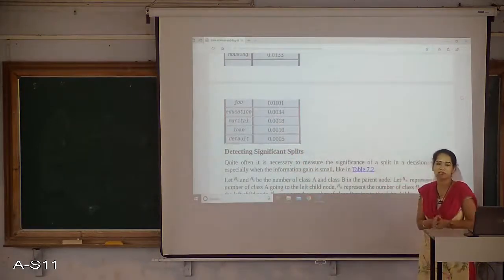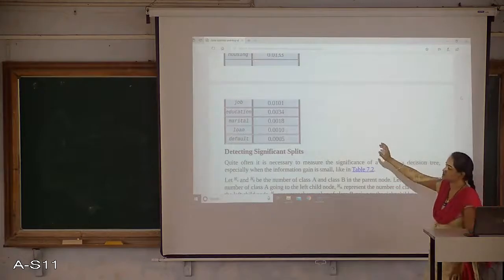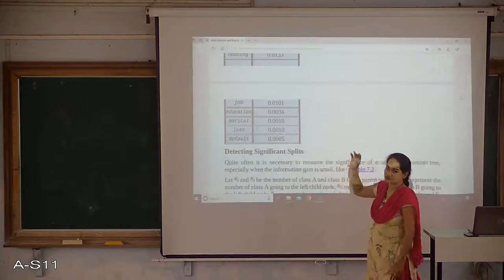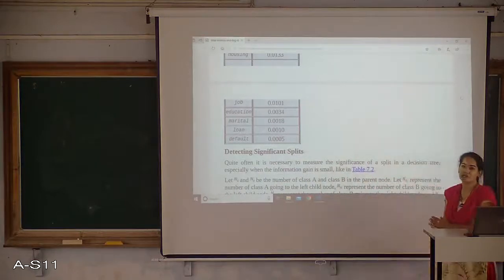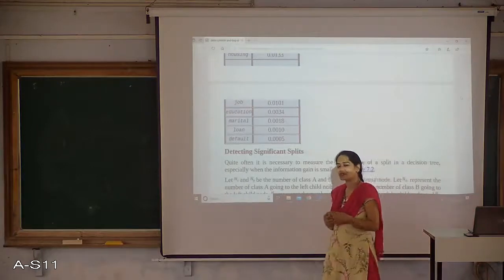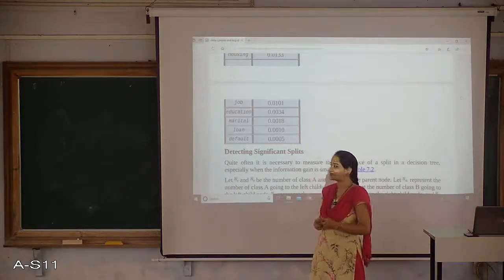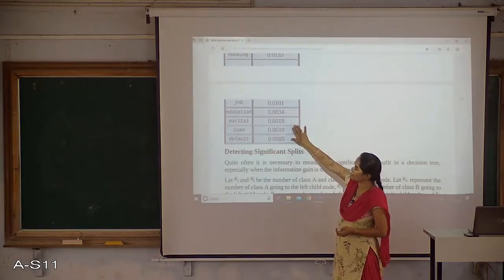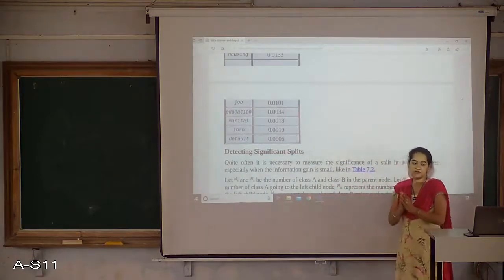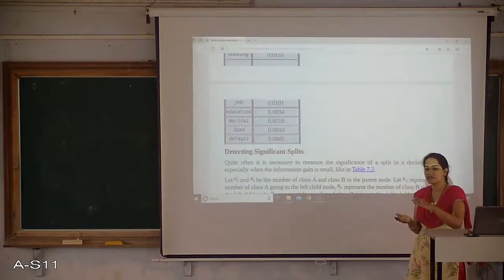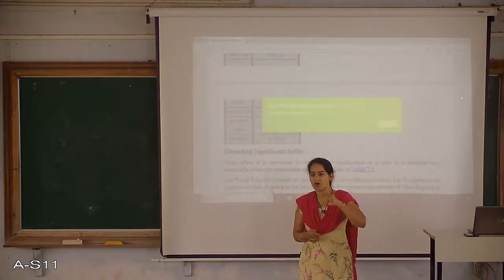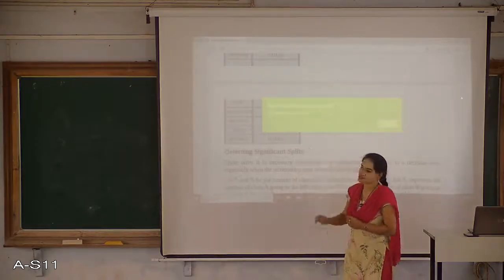Like in the previous class I mentioned that we are going to check the calculation of these values, but it's not so easy because we don't have the complete data set. Even if it is there, looking at all 2000 entries and calculating manually is very difficult. So I am just relying on the values given here. What we can do is take some limited data set, something like 10 or 15 or 20 entries, and do the calculation on that.